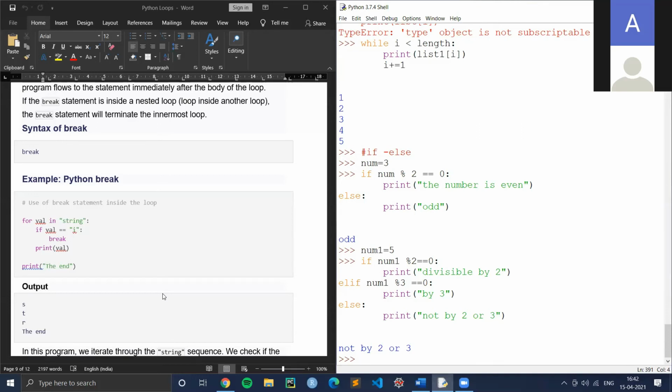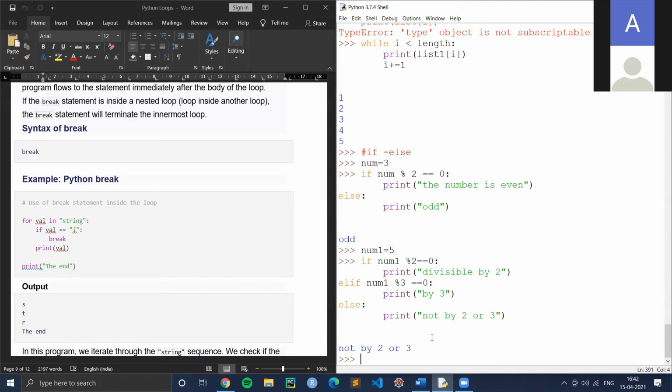Or sometimes you say that if I encounter this particular thing, it should not print this thing, and it should print other than this. It can print anything after that. So you use continue. So break and continue are 2 jump statements. When I write the code, you'll understand it. So break is basically end the loop completely. Now, a basic one I'll be telling you here.